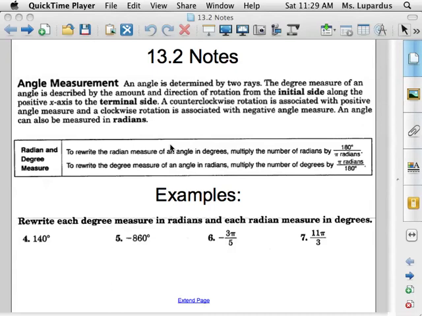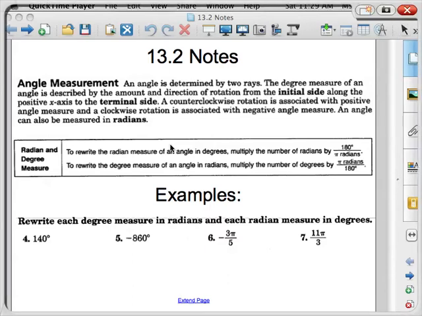All right, so today we are going to start chapter 13, section 2, talking about angle measurements. Remember, an angle is determined by two rays. The degree measure of an angle describes the amount and direction of rotation from the initial side. What that's talking about is if we had our x and y axis, our initial side